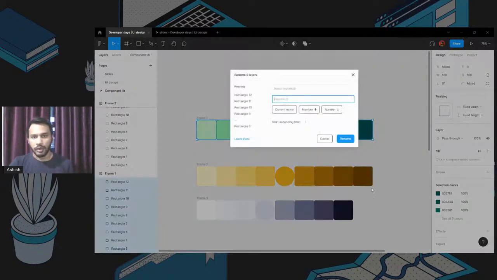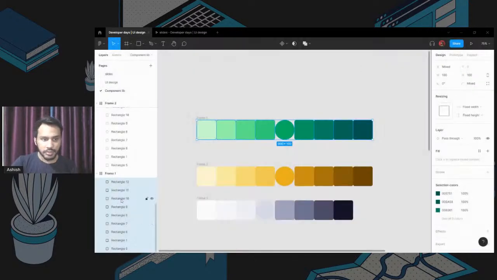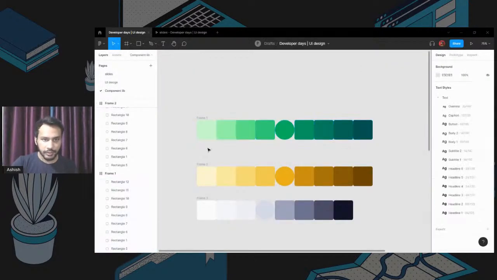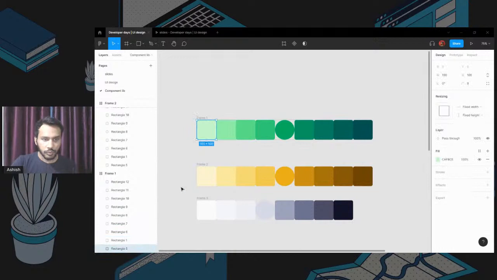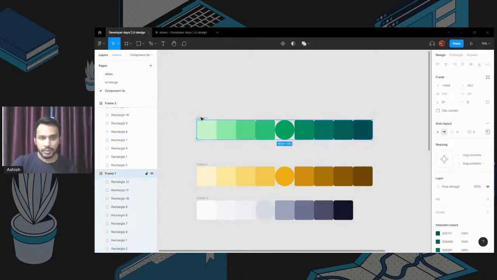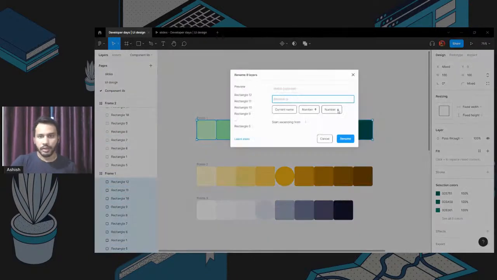Let's press Control R. So we have the rename layers menu here. How this works is it helps you to rename all your layers at once. So let's say I want to rename from this to this. Let's see how the structure is right now. So the first layer is going to be 100, and this is going to be 900, and this is from bottom to top. So let's select them all again. Control R, bottom to top,